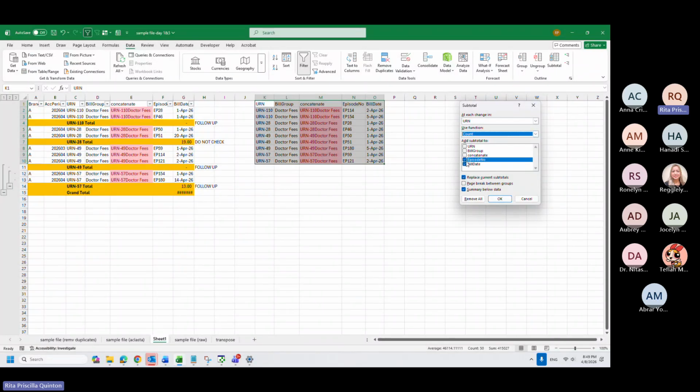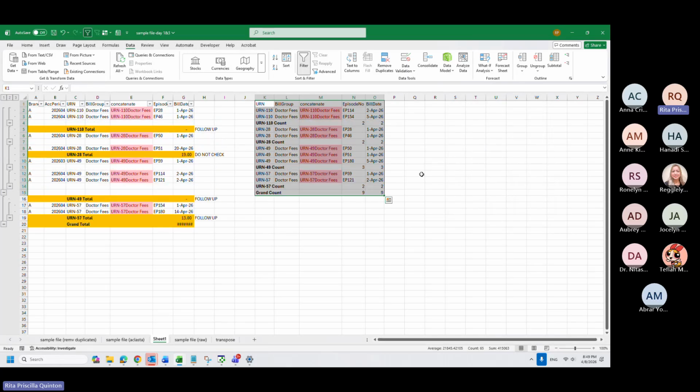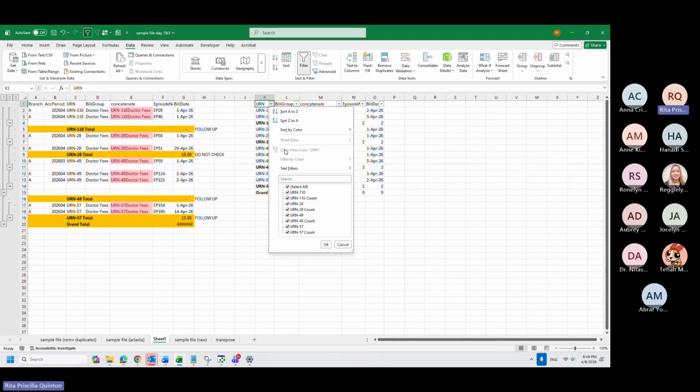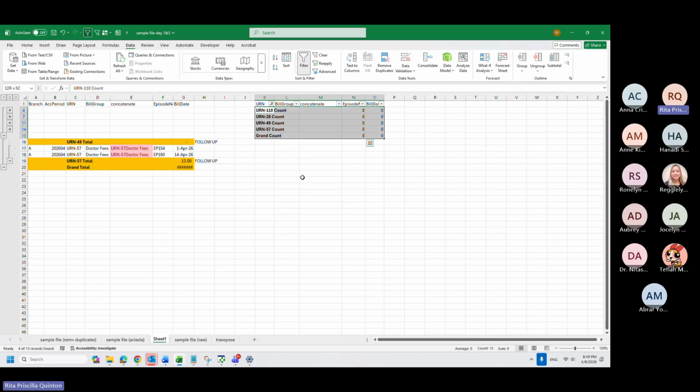But you can choose a subtotal for any column. Let's say I want to do it like this to enhance the first work that we have done. So I will click this. Now there will be total counts. Since I don't want to get confused, again, I will filter it for count and then highlight them first.